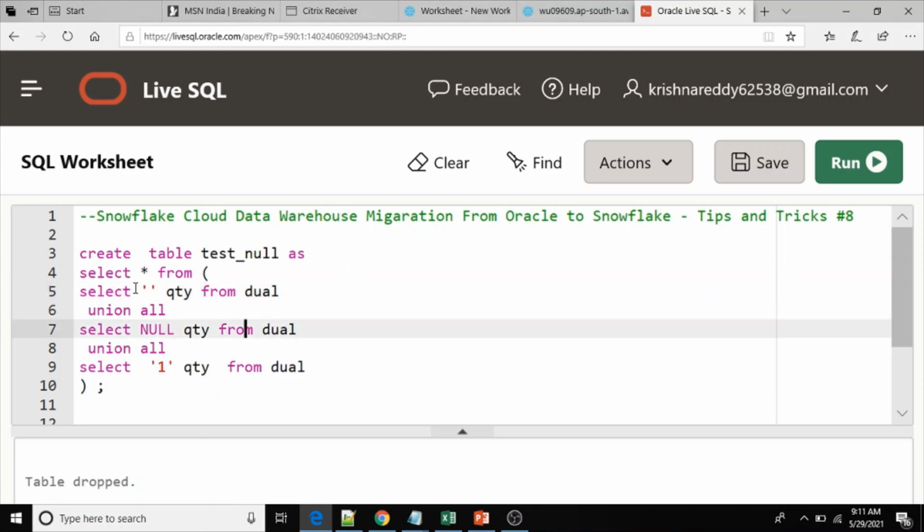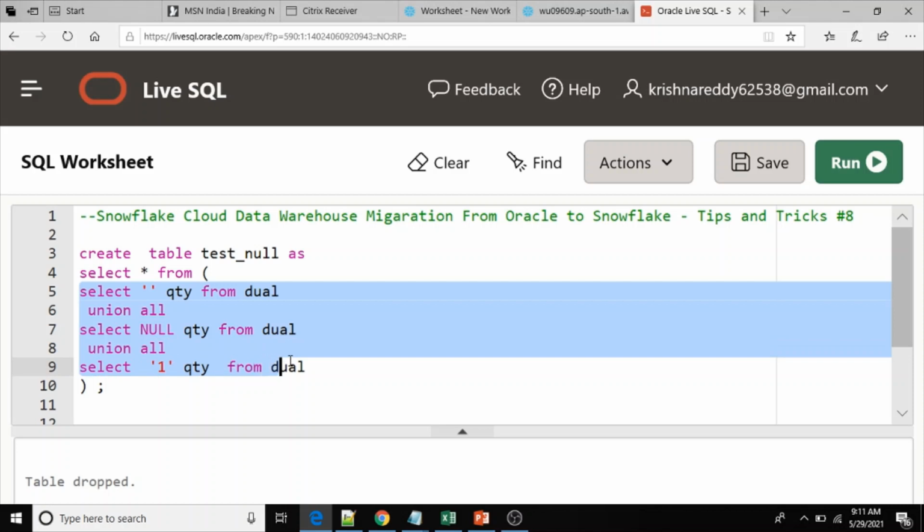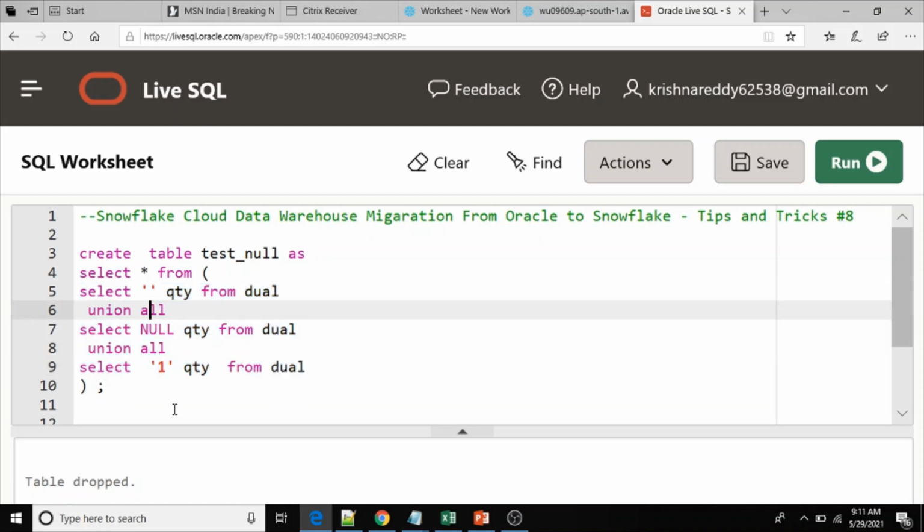Here, assume that I have created a hard coded value. In real time, we may get the data like this, or you may have a similar kind of code. You need to migrate this type of code into Snowflake. Do you need to rewrite this code, or if you compile it without rewriting, are you going to get any compilation error? If not, then what would be the output? We will discuss that in this video.